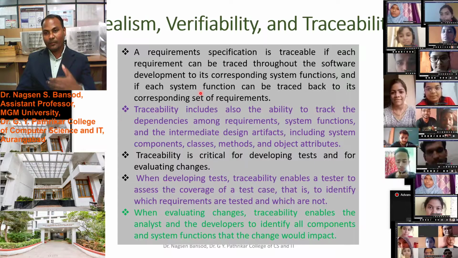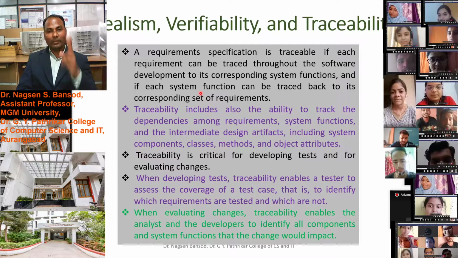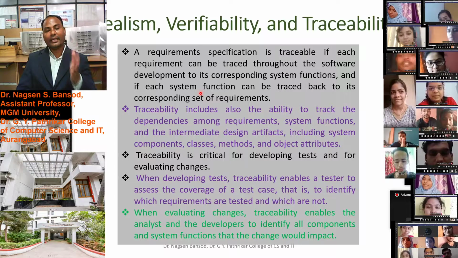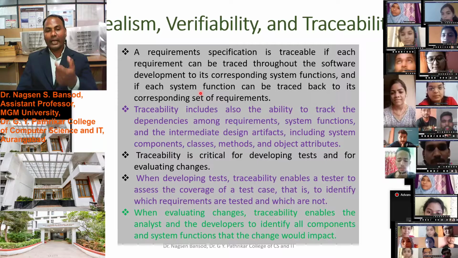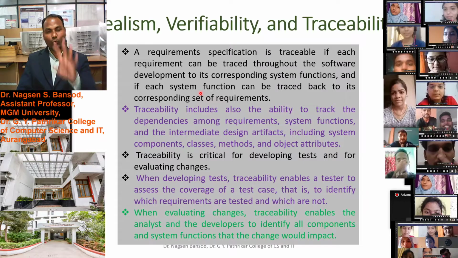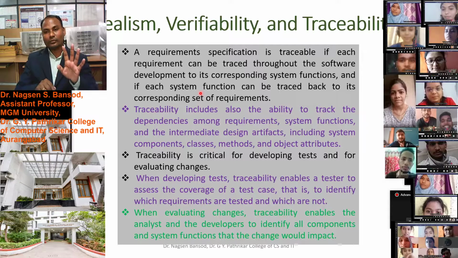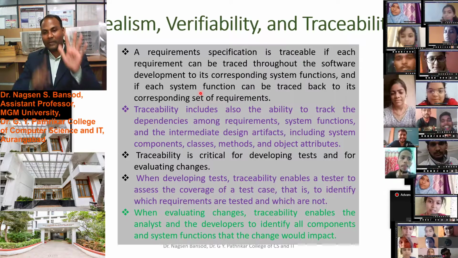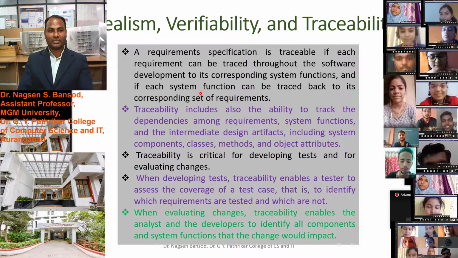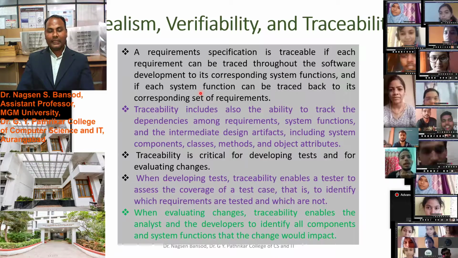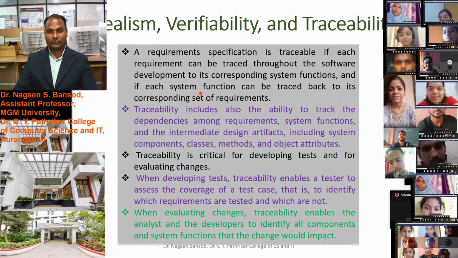Traceability means finding the problem in the software, and realism means implementing everything without hiding any feature of the software. Else we have to write into the requirement specification only: we will implement 9 functions only. If there is any problem implementing all functions in the software, then you have to write that in the software specification. Is it clear now? Is it understood? Yes, sir.